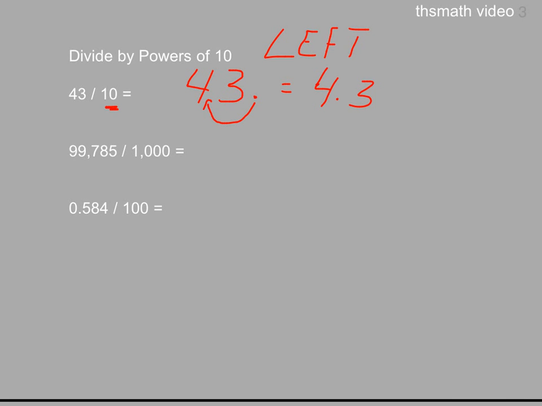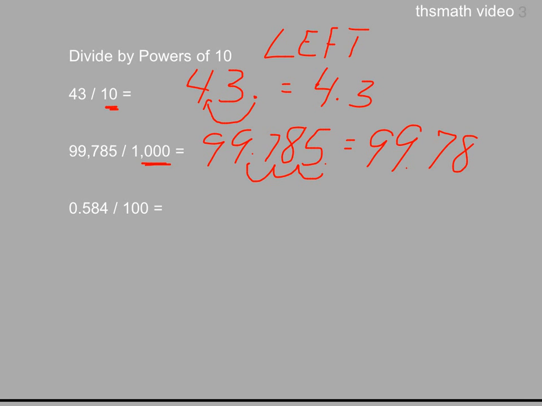And 99,785 divided by 1,000, I want to move left 3 times because there are 3 zeros. And so my decimal point is after the 5 here. I move left 3 times. So my answer is 99.785. And in my last example here,